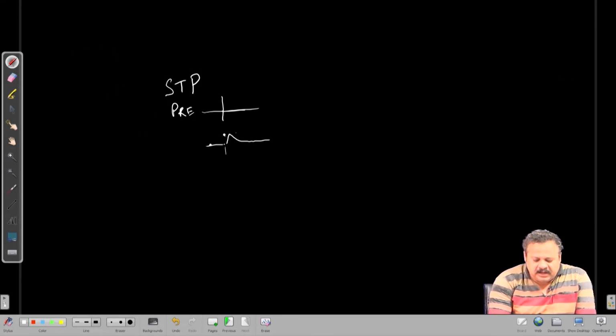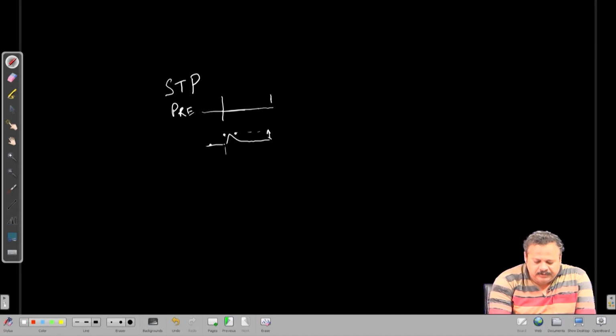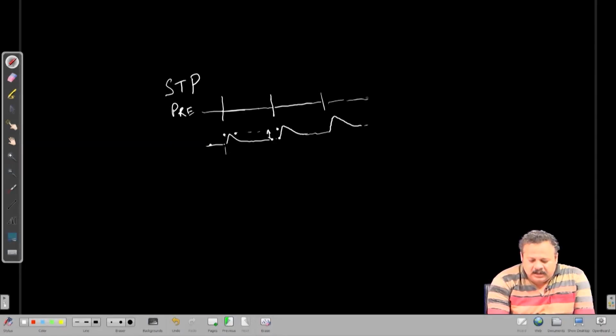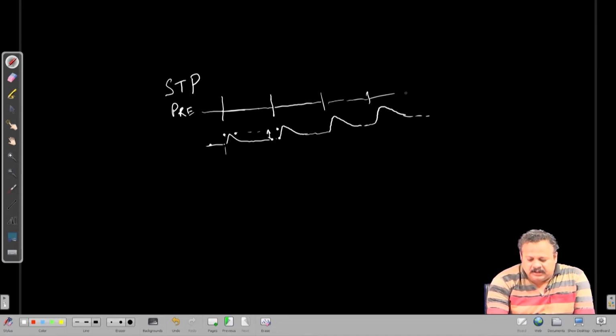Let us say this is height of A, and the manipulation is producing another spike presynaptically, let us say within 50 milliseconds, and we see that the synaptic strength increases, and then with another spike we see that the synaptic strength increases further, and another spike we see increasing further, and later on if we allow